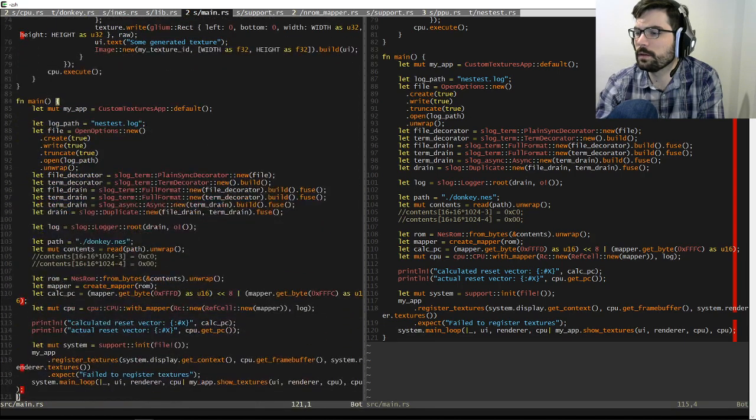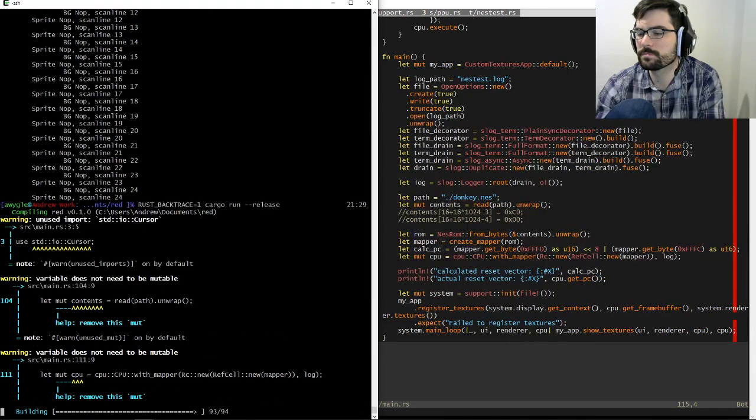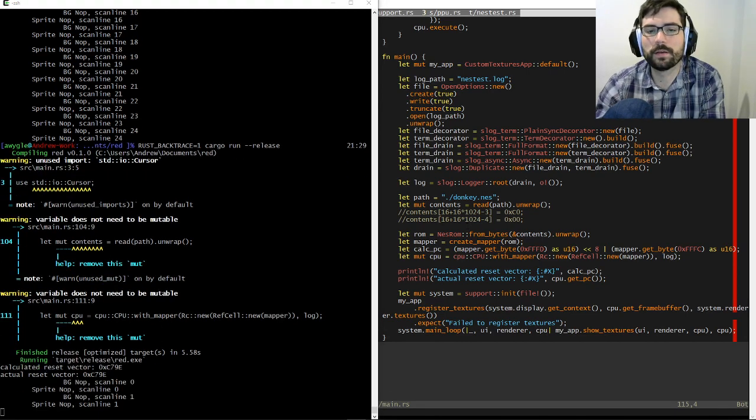What am I doing every frame? Basically just this myapp.showTextures thing. Oh, that makes it worse.